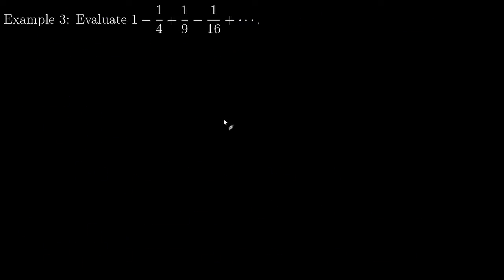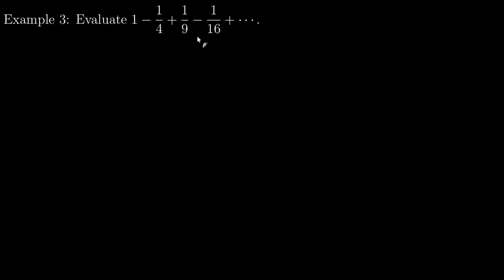So here's an example. We can see the pattern. Now, I didn't give you the general term. We're going to have to find this. But I don't know what this adds up to. Notice there's this ellipsis at the end. It keeps going. So what I can end up doing is actually trying to find the partial sums and see